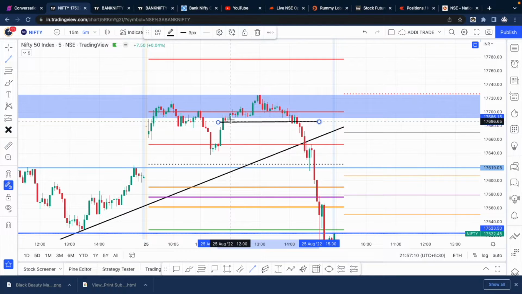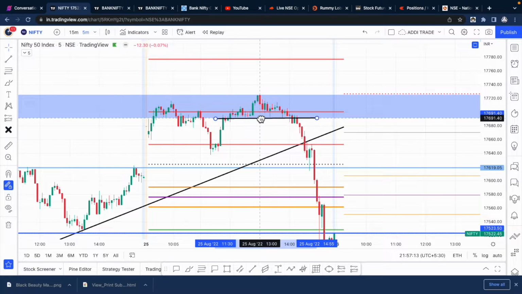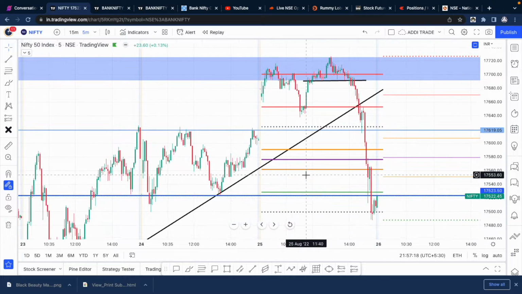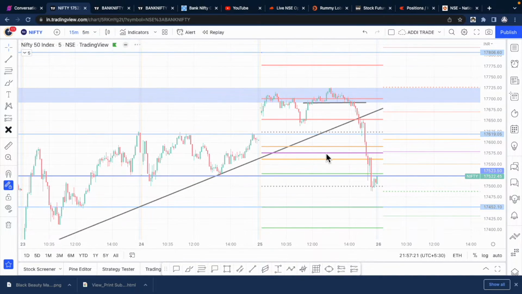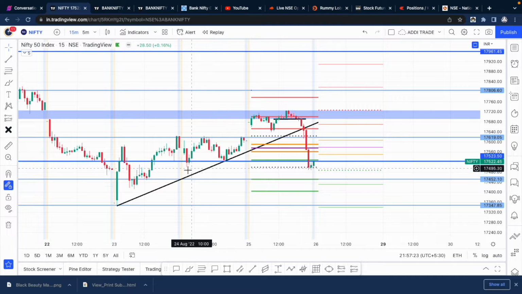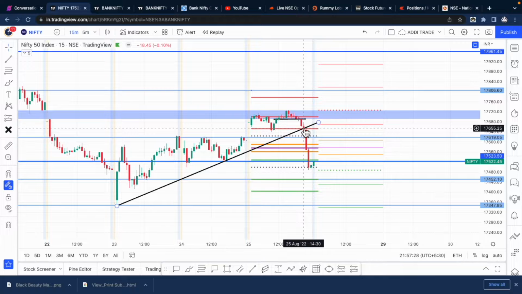See, here is where we were taking support and going right along this level. When this started breaking down, obviously our target was this trend line. Nifty had a better trend line, this black trend line, the way it was placed, and once that broke, we even broke the CPR and came all the way until 17,500. People were bullish here, expecting probably 17,800 or 18,000, but we came back and tested 17,500.